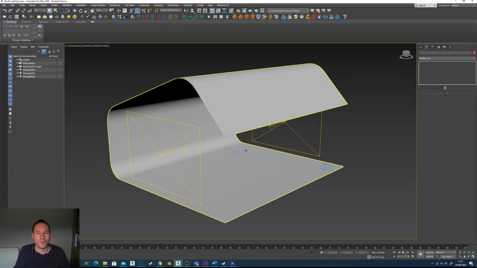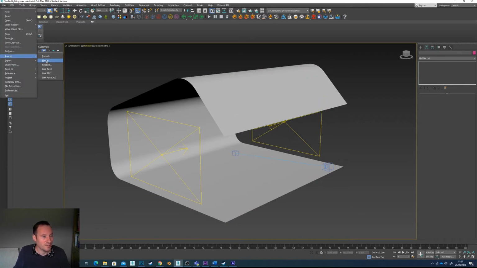So what I'm going to get you to do now is merge the oil barrel into this file, and this file is on Blackboard, so you should be able to open it and it will be called Lighting Studio, or Studio Lighting file, sorry. So once you've opened up this file, we're going to go to File, Import and Merge,